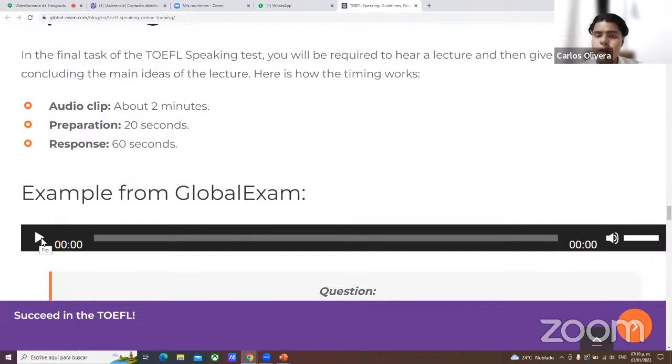And here we're going to listen to a lecture together so that you know the complexity of these lectures. It's, as I say, a simulator, so the lecture you're going to listen to right now is very similar to the ones you're going to have on the exam. So listen to this very carefully, and as you do, please don't forget to take your notes, because, as I say, notes are allowed during the entire exam. So in this case, please grab a piece of paper and a pencil and write down notes as you listen to this lecture, because as you know, you don't have a separate time for writing down your notes. You write down your notes at the same time you listen to the lecture. You cannot do it afterwards. You do it, as I say, while you listen.